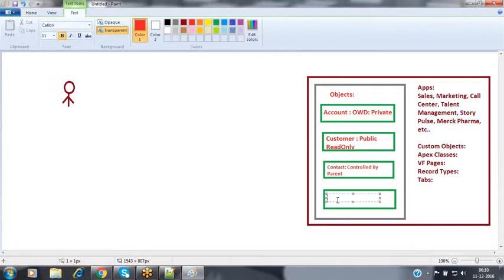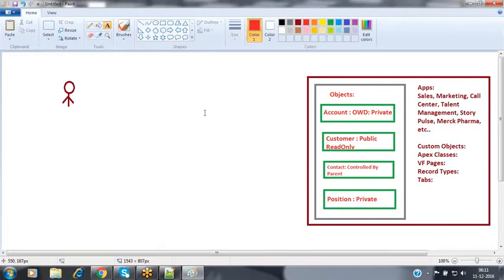And next, I have an object called position. This position object has the visibility as private.